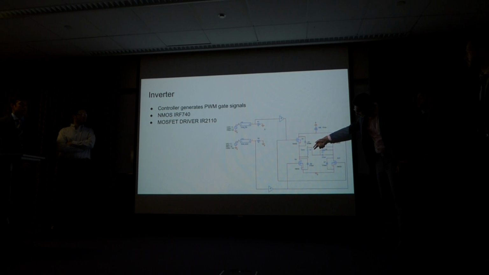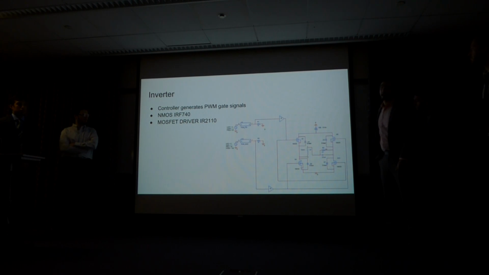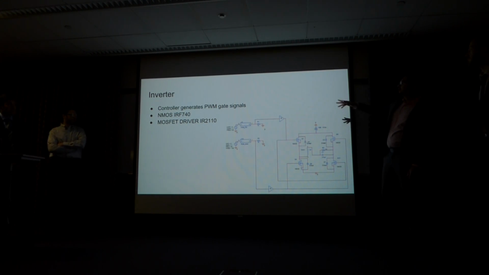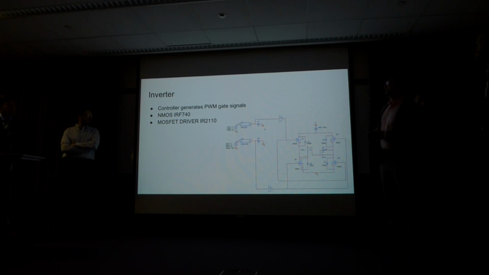Right over here we have a very crude second order LC filter, which will be used to filter out all the harmonic distortion and convert our modulated DC voltage into a sine wave. Additionally, we will be using an NMOS IRF740 as our NMOS transistors for our H-bridge. The reason we chose that is because this transistor is capable of handling up to 200 DC volts and 10